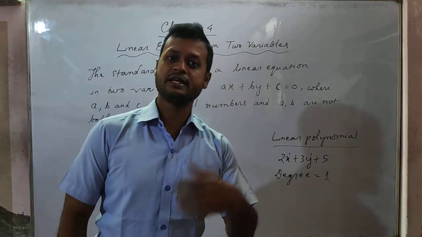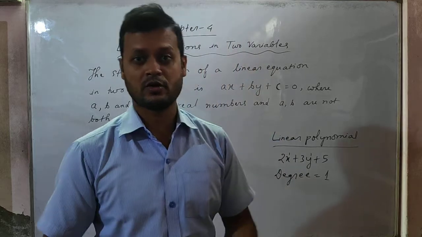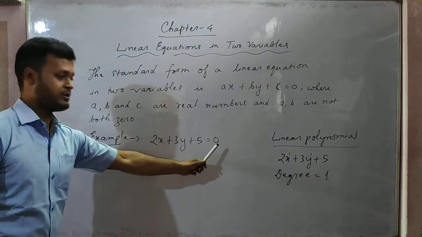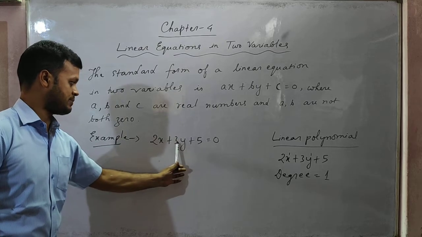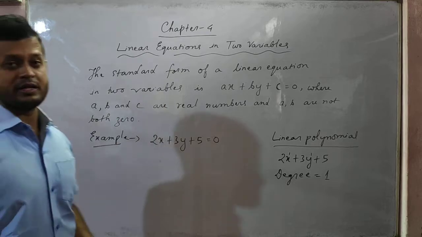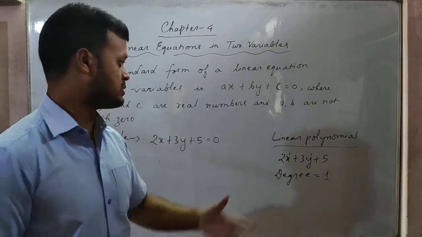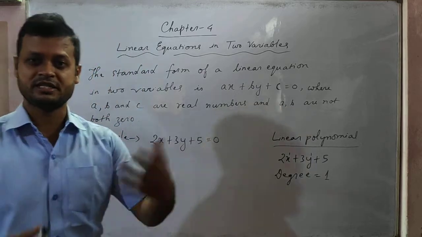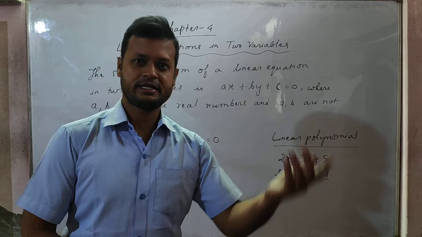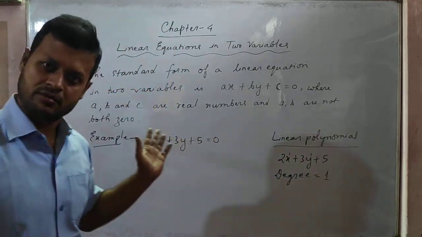And as I said, if any polynomial is given to you and the degree is 1, then it is called a linear polynomial. And because of this equal sign and two sides, the left hand side and the right hand side, this will be called a linear equation in two variables. So try to remember the difference between the linear polynomial and linear equation. Even class 10 students I have seen sometimes tend to forget the difference between linear polynomial and linear equation. Okay, try to remember this carefully.